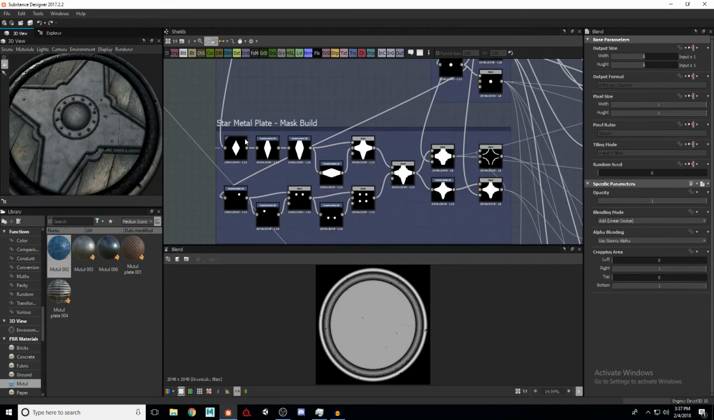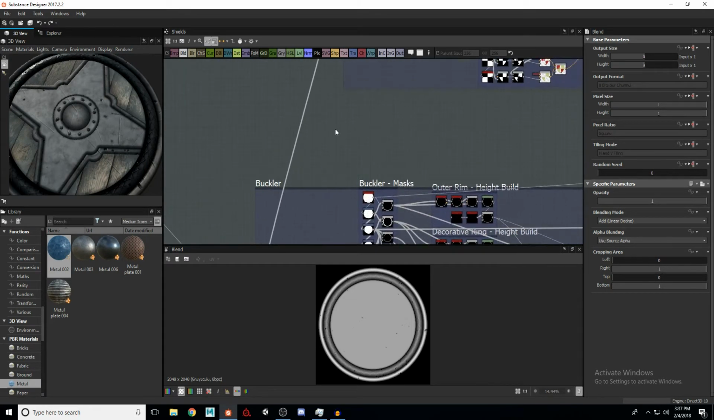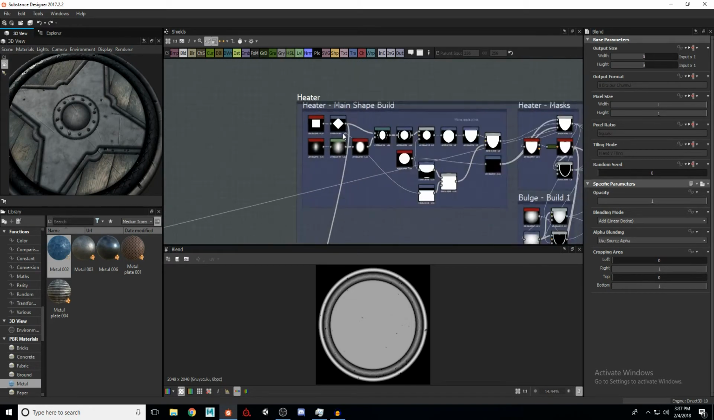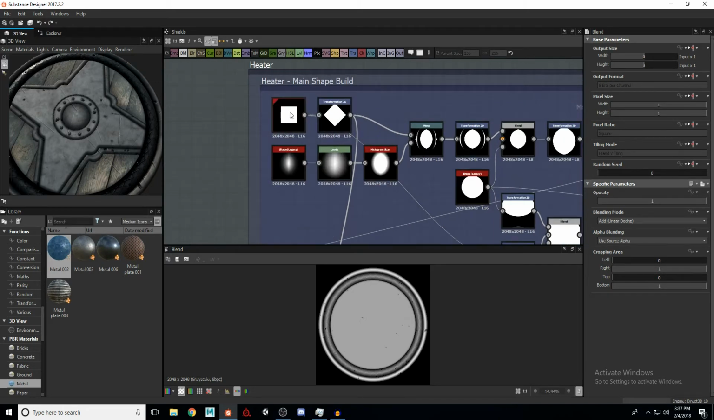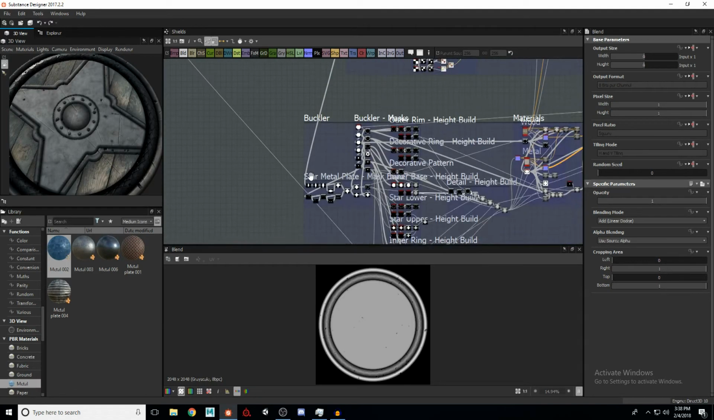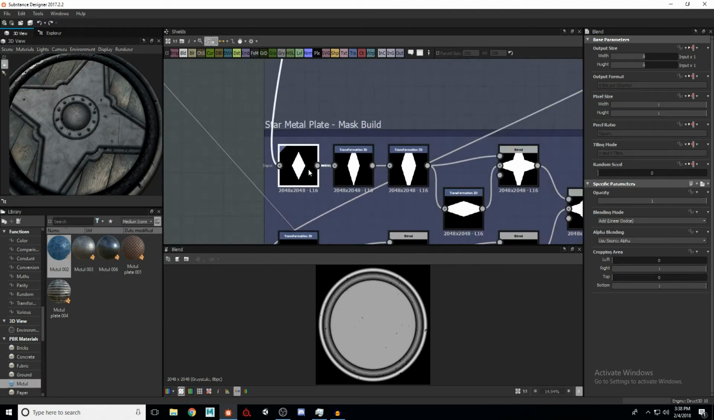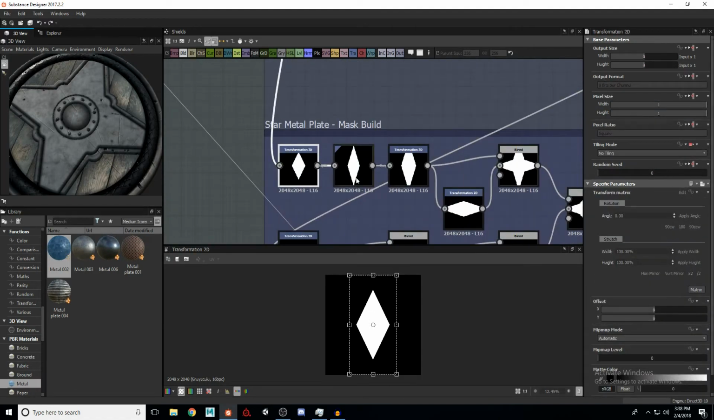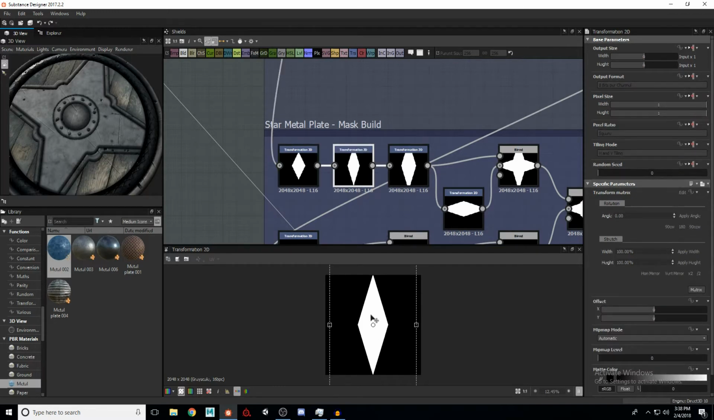So to make this star, I'm actually going to borrow from way up here, which we'll come back to, but our heater, we have a square, which we then rotate 45 degrees. Okay, that's all you need to know for now. But we're going to bring that down here, and I'm going to scale that to kind of create this more diamond shape. Then I'm going to scale it some more,